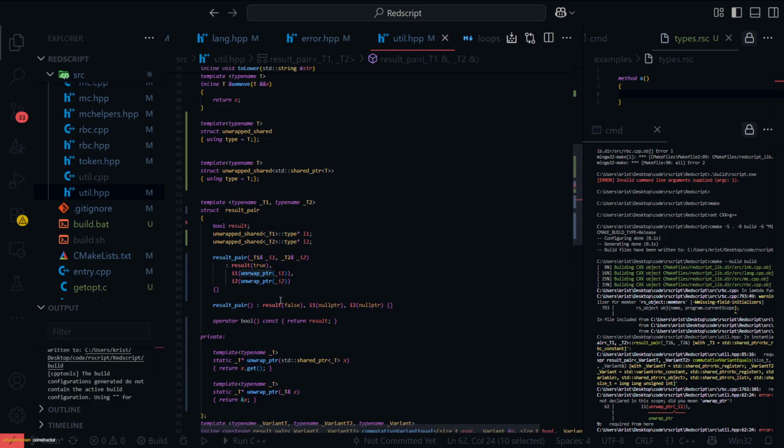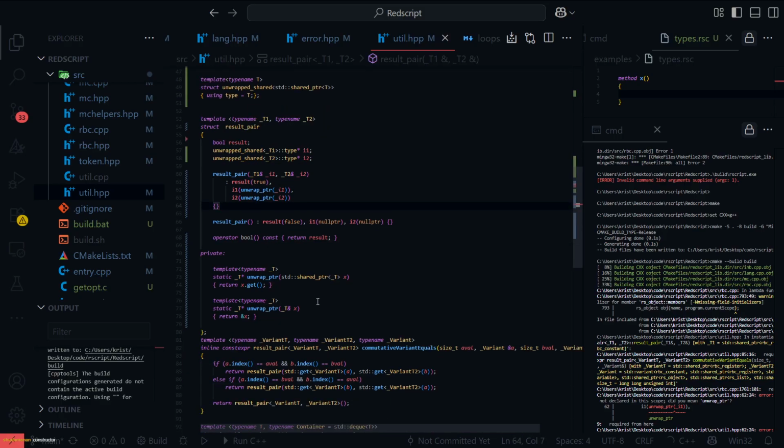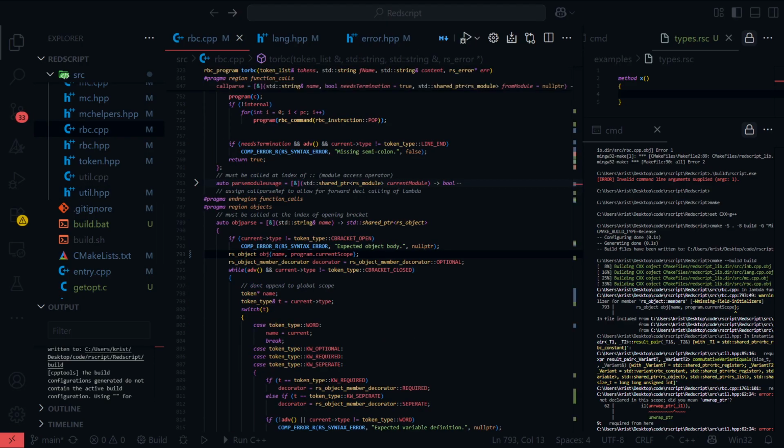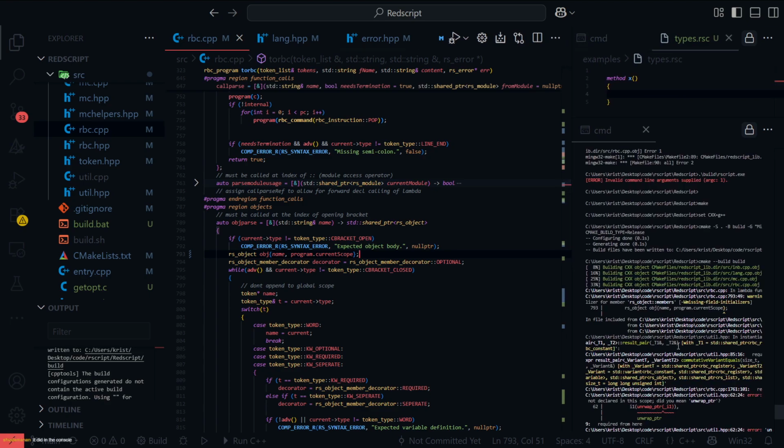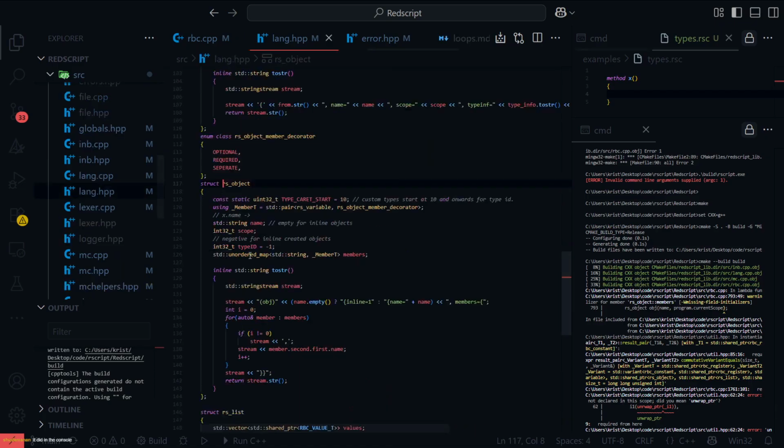Oh my god, I did. Unwrap. Why isn't it giving me an error? Thank you. Constructor. Oh, CTOR is just short for constructor. I see. Okay, I'm stupid. Okay, so the error... Yeah, you're right. Okay. And then there's still warnings where I'm missing initializer for members.